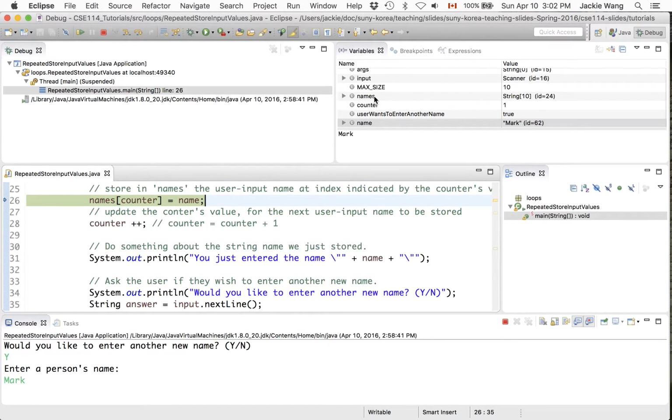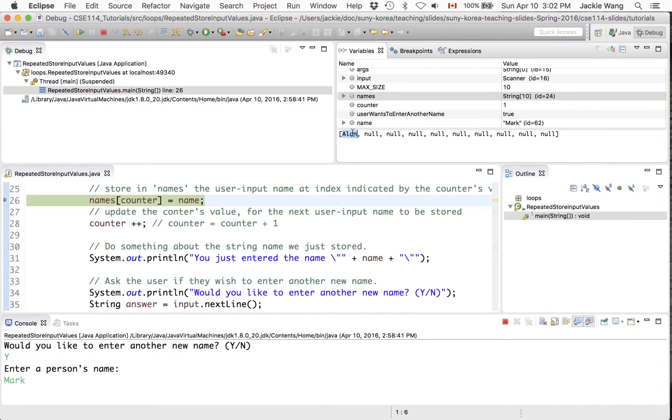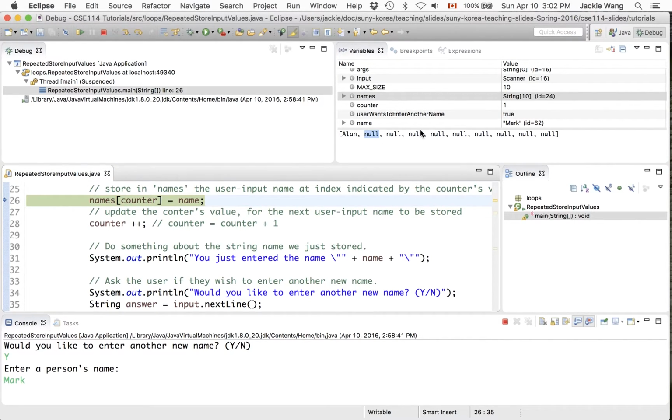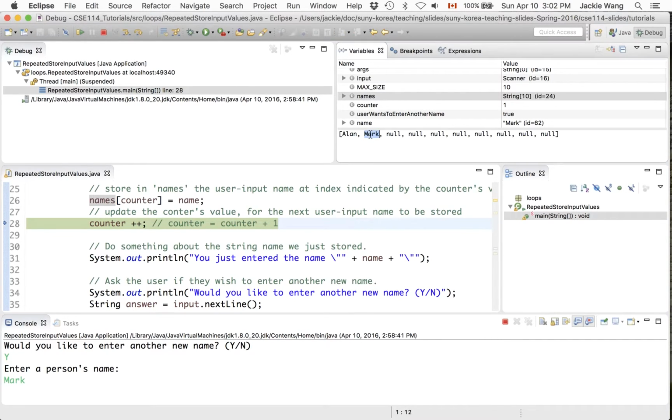Okay, and now if you look at the names array, position 0 has been occupied by Alan. So storing Mark in position 1 should be the right choice. So now I would like you to pay attention to what's going to happen in position 1 here. We should predict not only that Mark should be stored at position 1, but also that Alan should still be there. Okay, Alan shouldn't be wiped out. So now if you say step over, you can see Mark now has been stored at position 1 and Alan remains at position 0. And now the counter value, we have to increment that from 1 to 2,